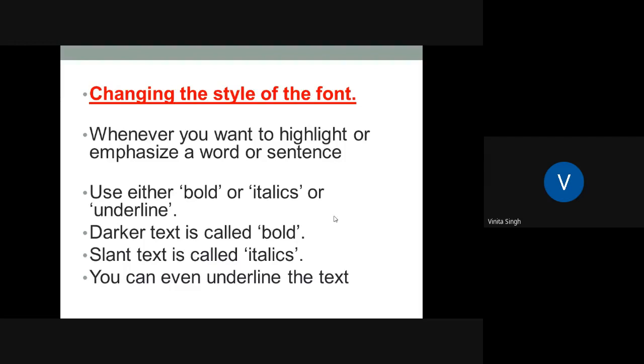You can use bold, italics, or underline. For making the text darker, you can use bold. For making your text look slanted, you can use italics. And to underline the text, you can use underline.